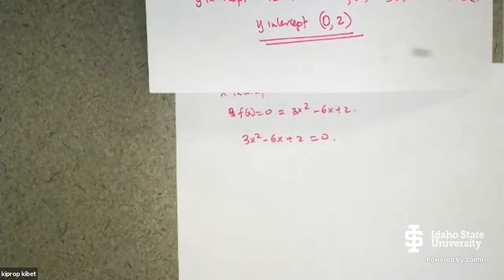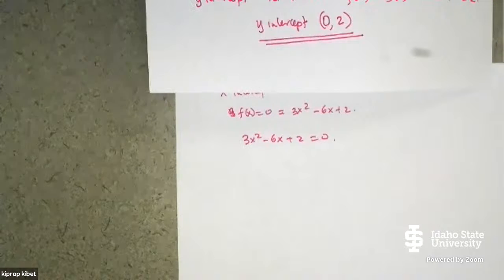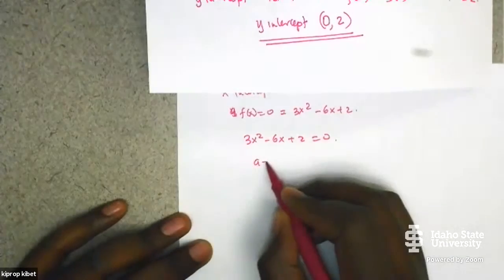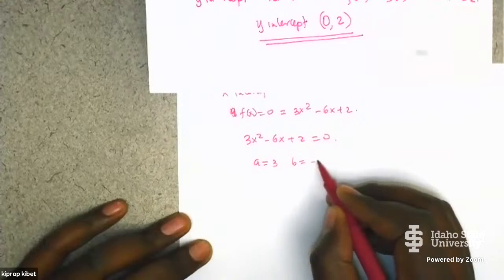The product is 6. The sum is minus 6. And there are two numbers in each product, 2 and 3. Or, I'm sorry. So you cannot find it, right? So you can use the quadratic formula, right? So you can say our A equals 3, our B equals minus 6, and our